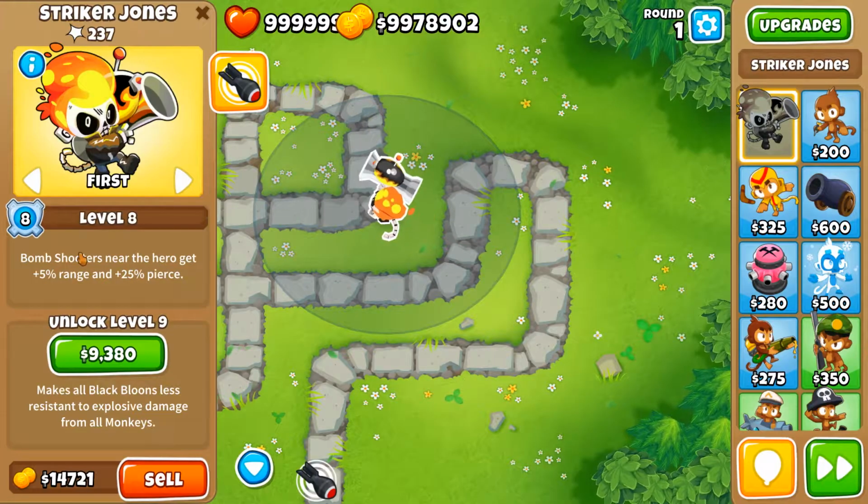Level 8 is a buff to bombs, only though near the hero. Now near the hero means in range of Striker Jones, so if you give the Alchemist buff and if you increase Striker Jones with other towers, like a village, like a sun temple, you can have more and more bombs benefiting from this passive,